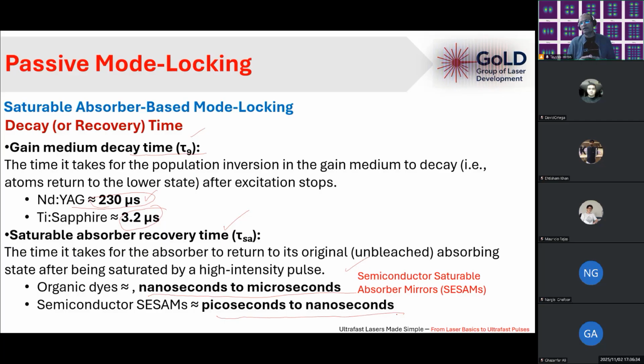Okay. These saturable absorbers are also used to clean the pulses, as I mentioned, to remove unwanted noise and spikes. Okay. Now if you move to the next slide,